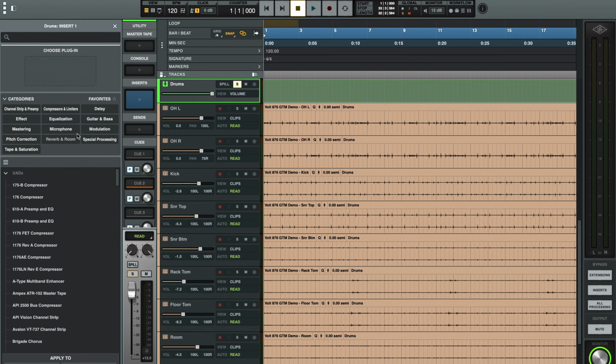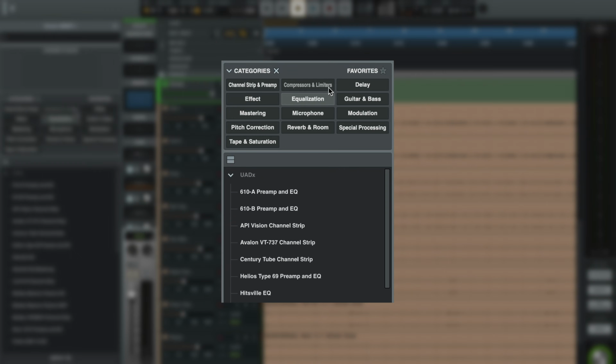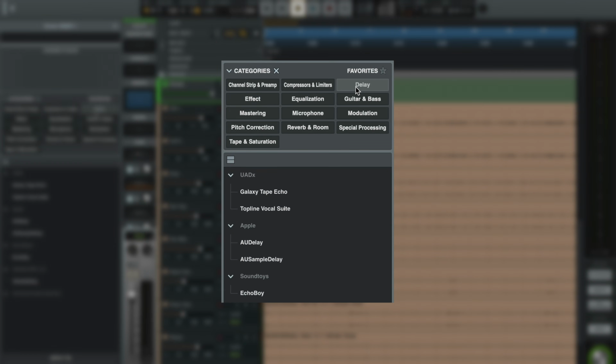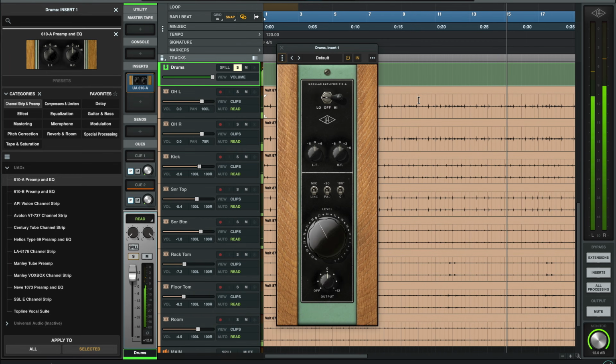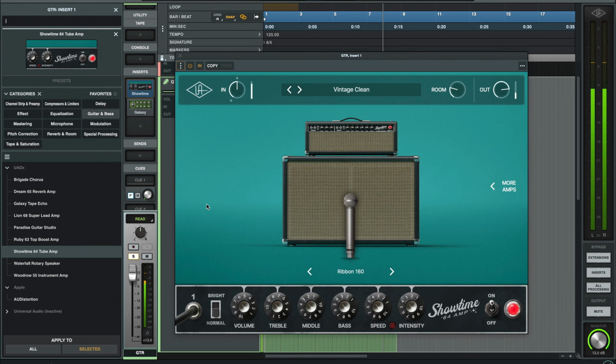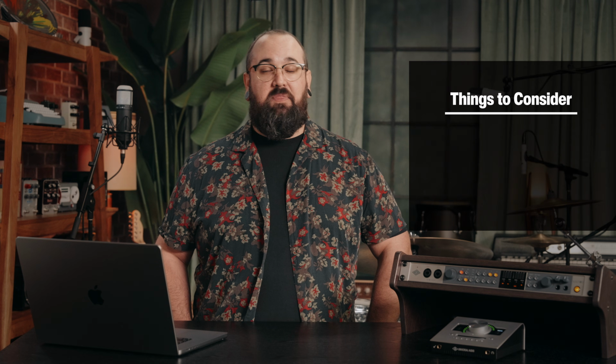These plugins generally fall into common categories like equalizers, compressors, delays, and reverbs, but can also include things like emulations of mic preamps, guitar amps, and analog tape machines. Now, the best plugin chain for any given track ultimately depends on the sound that you're going for, but things like how the source was recorded, what problems need to be fixed, and the genre and arrangement of the song